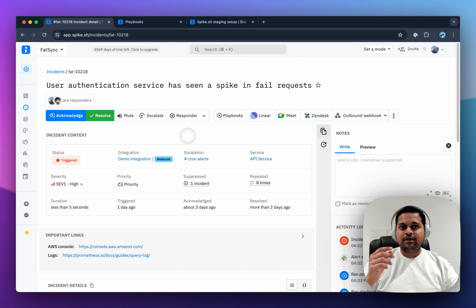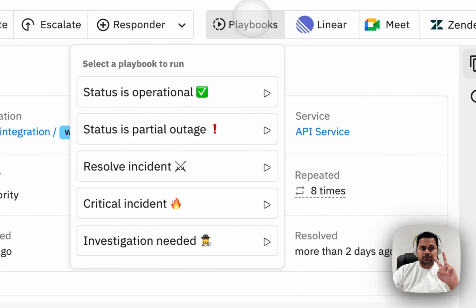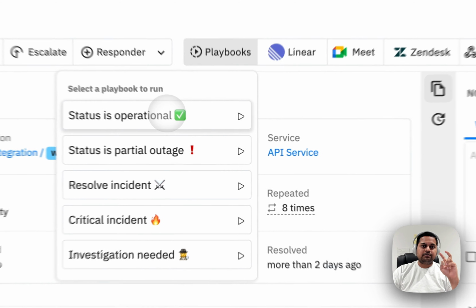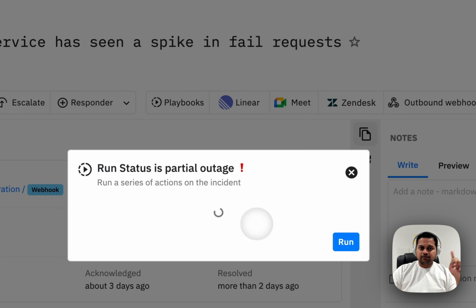Hi, today we'll create a playbook to automatically connect our status page and to create and resolve incidents while notifying our subscribers. To achieve this, we'll need to create two separate playbooks: one to move the status page to partial outage and another one to move it back to operational again. When I run this one,